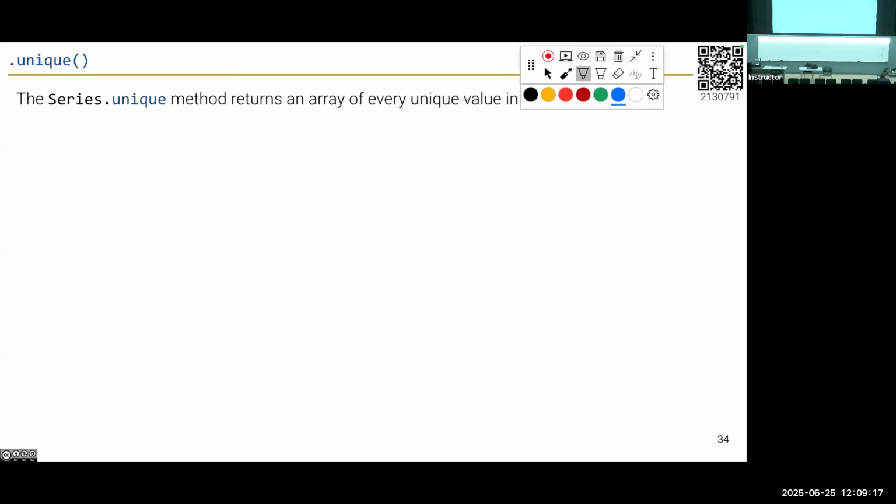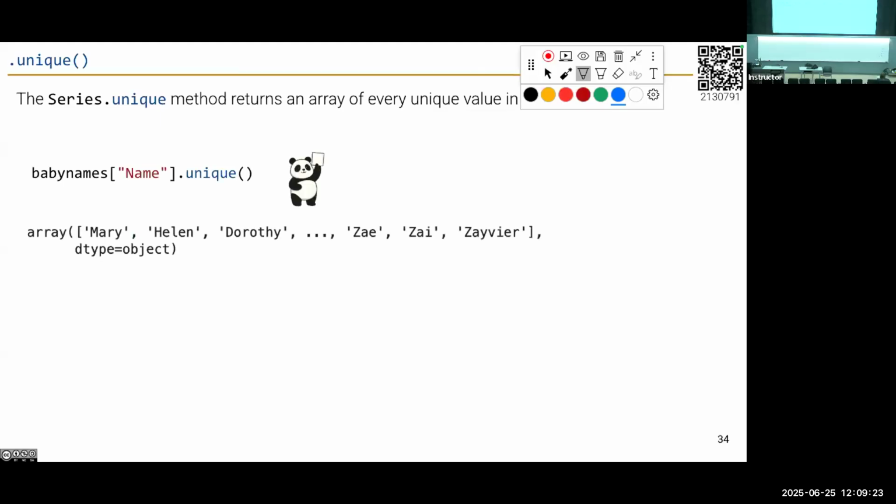All right, series.unique. What do you think this does? We pass in a series. It's going to give us all of the unique values in that series. This comes up all the time in data science. We very often want to go grab the unique values in a particular array. We'll see in the next lecture when we use group by, this sort of happens by default under the hood. But a very common operation, if you just want those unique values, you can use the .unique method.